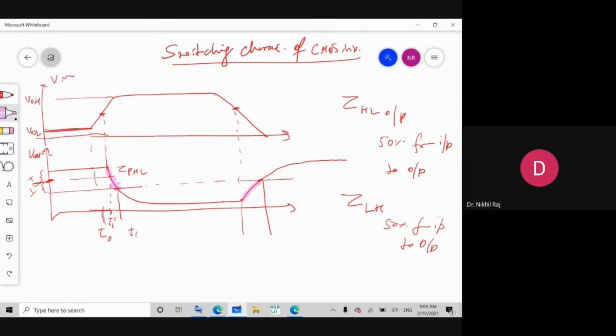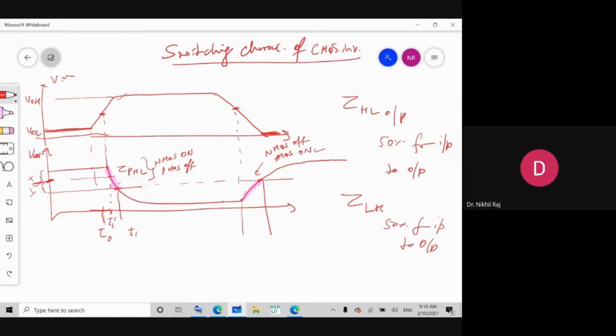Now coming to this domain, the question comes: what will happen to the MOSFET regions of operation? For the low to high transition, when high to low is going on, which type of MOSFET is on? Because we are considering the input high, after 50% we are doing the analysis. Before that, we are assuming NMOS is in the on state and PMOS is in the off state. Now here we are dealing with after 50%, meaning the low transition. So in this case, your NMOS will be in the off state and PMOS will be in the on state.